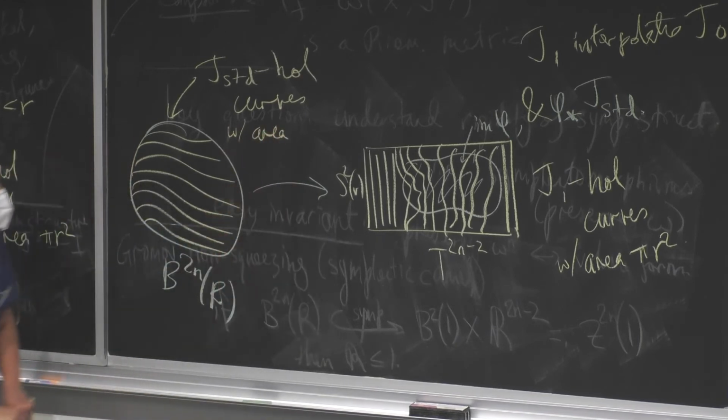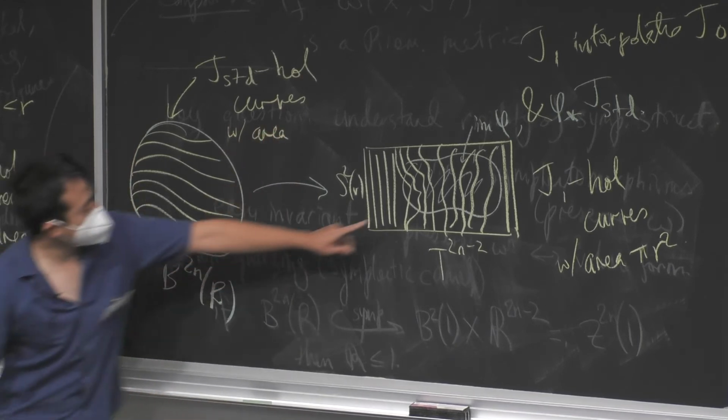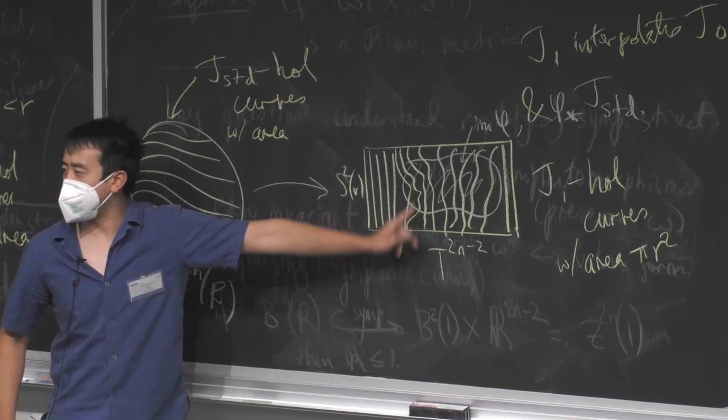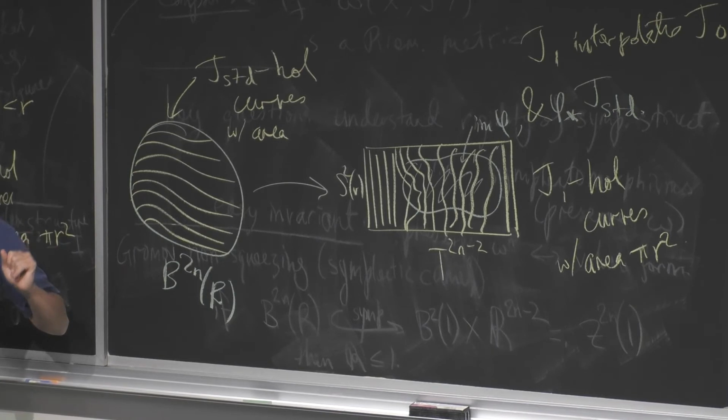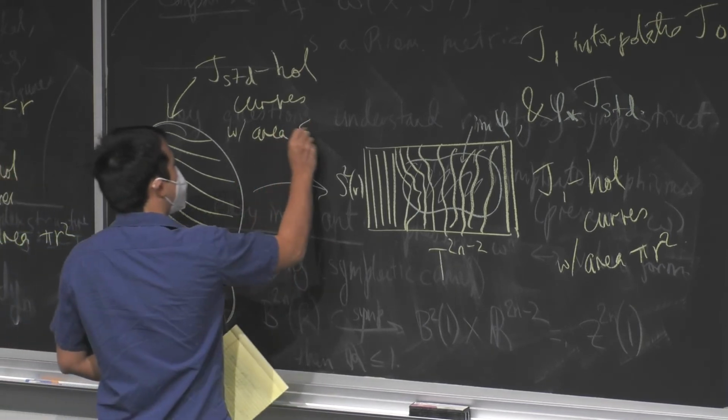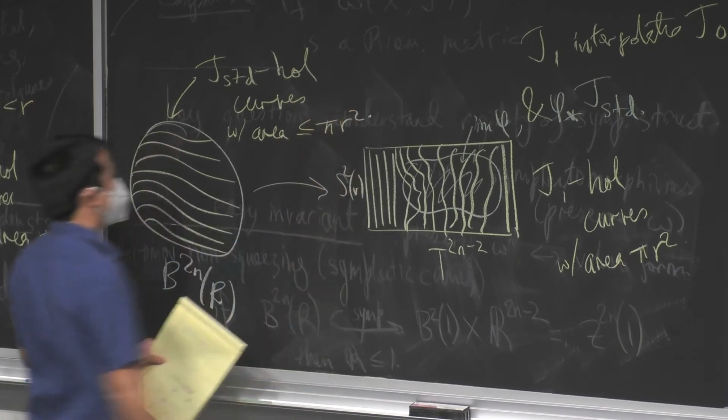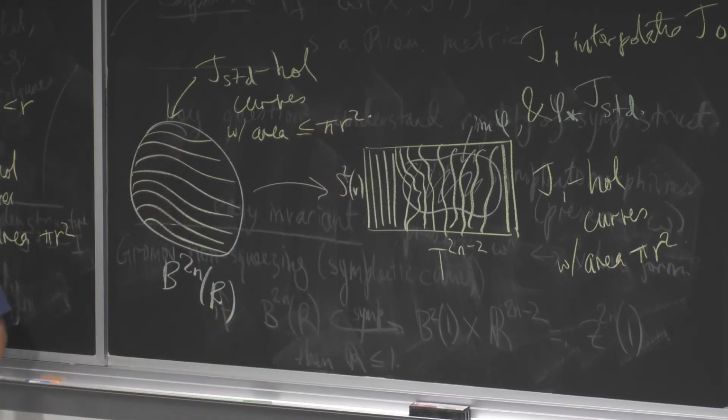And on the other hand, okay, so I've mapped these into here, and maybe I don't pick up everything, but still the area is at most pi r squared. Right. So I don't pick up the whole curve. Okay, and so